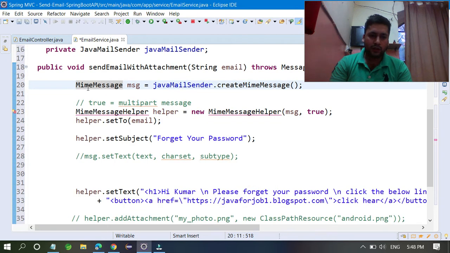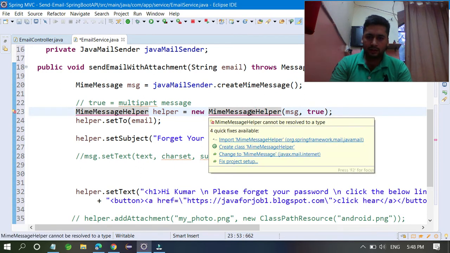MimeMessageHelper. So I have created one object of MimeMessage, name is message, createMimeMessage. And now I have created one object of MimeMessageHelper through new MimeMessageHelper with true.